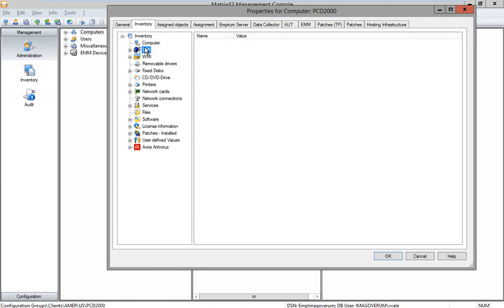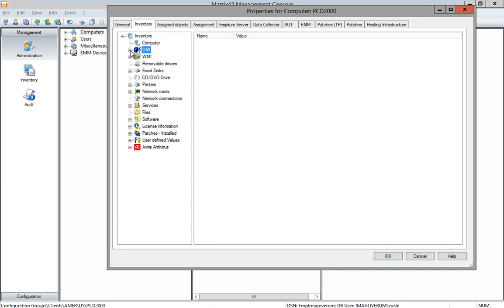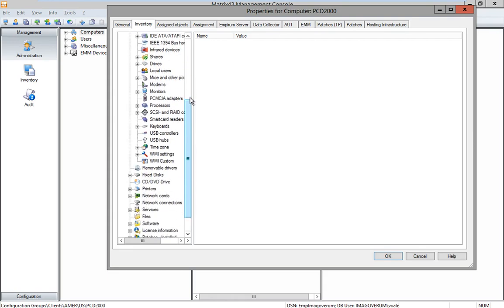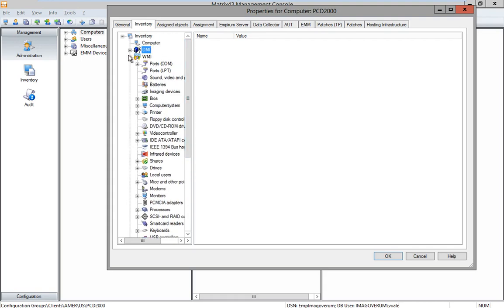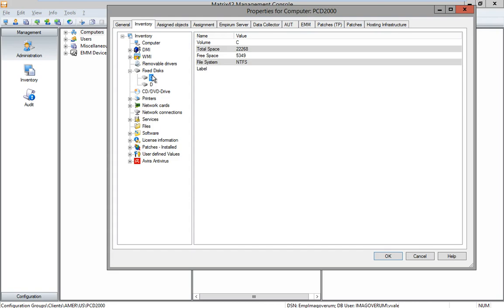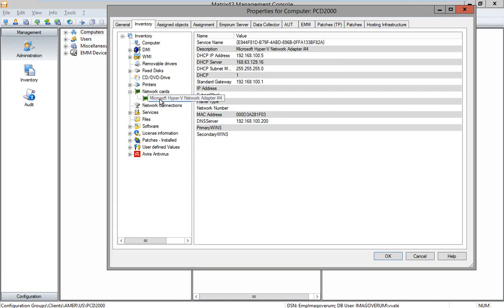DMI information is collected from the BIOS area. WMI information is collected from the Microsoft Windows system area. See here the different levels of information. Hardware information like hard disk is collected. The information of the network card and the network configuration,